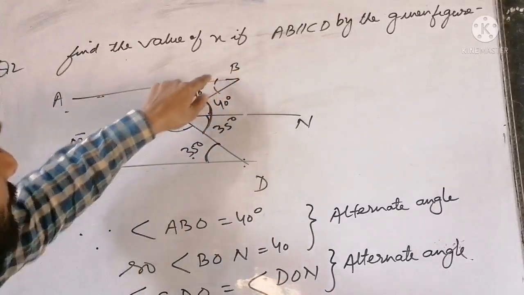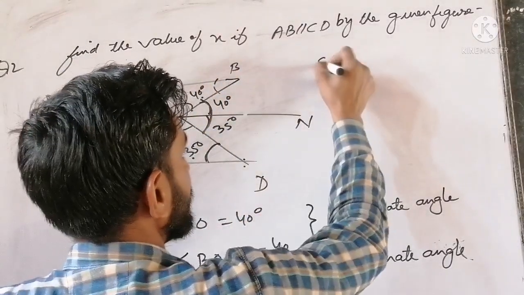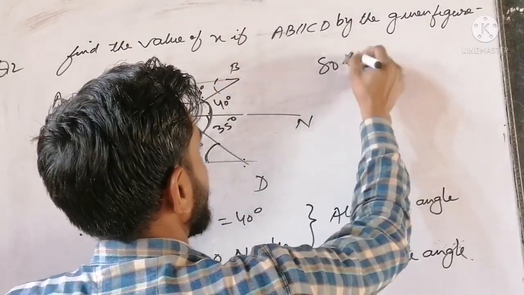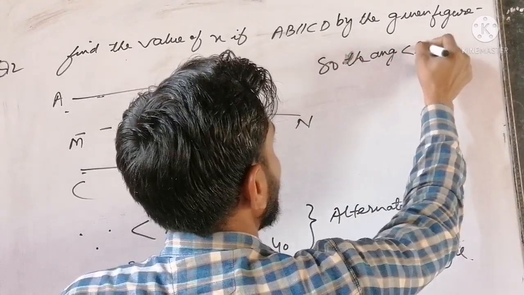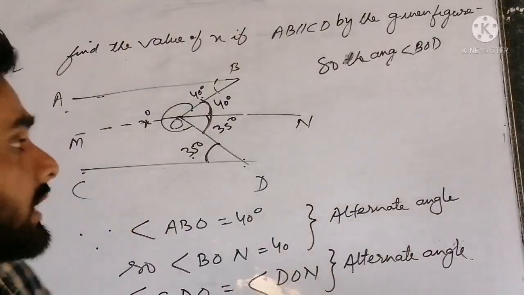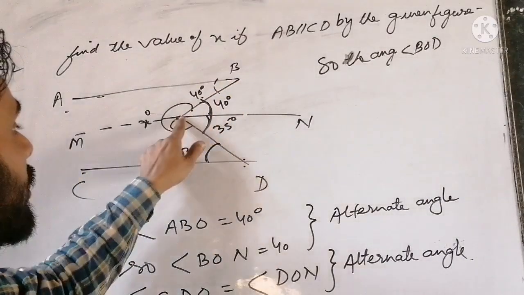So the whole angle BOD is equal to 40 plus 35, which is equal to 75. Okay,